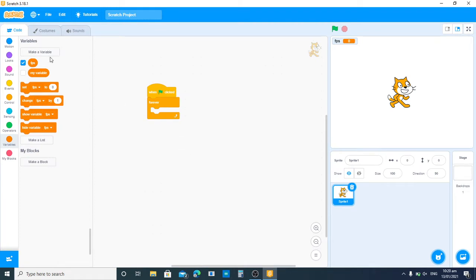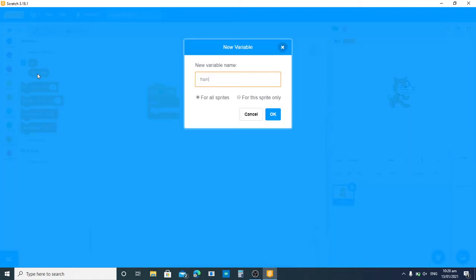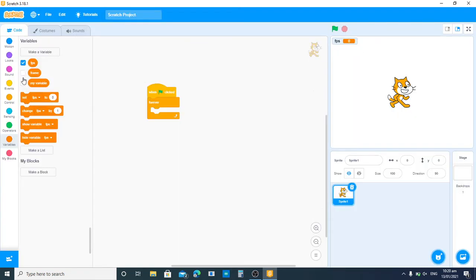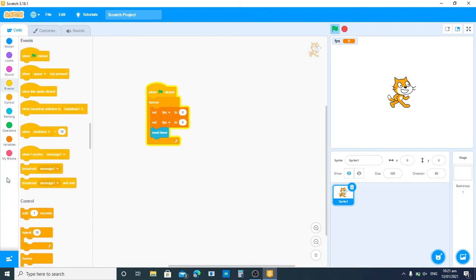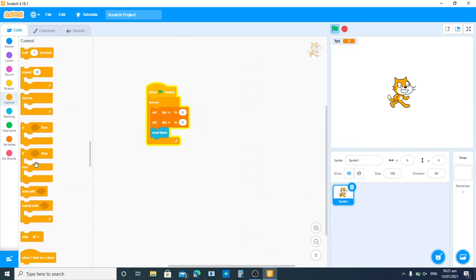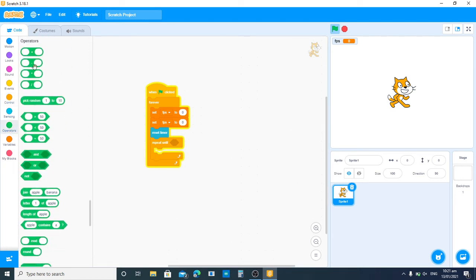And now we want to make frame. And then we want to grab set, duplicate it, go down to sensing, reset timer, go to events, control, repeat until, go down to here,